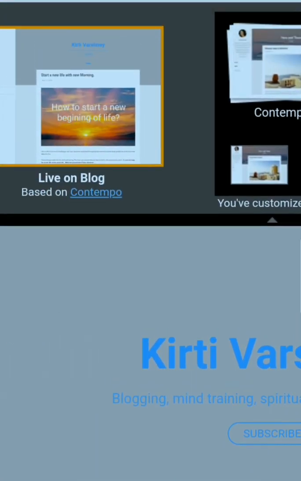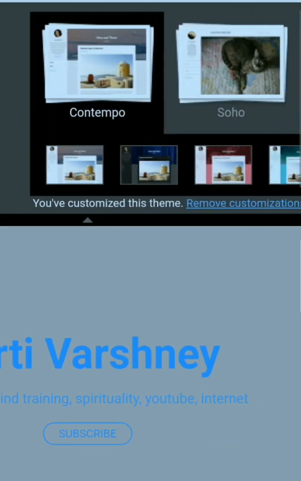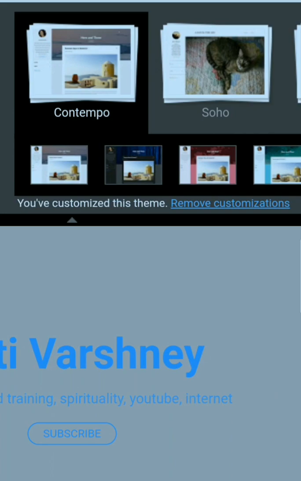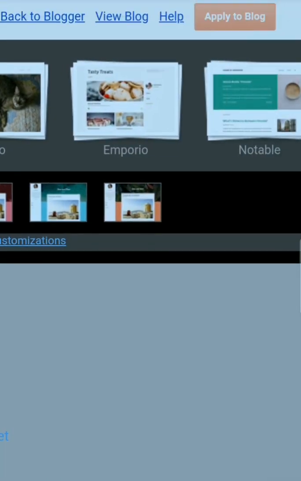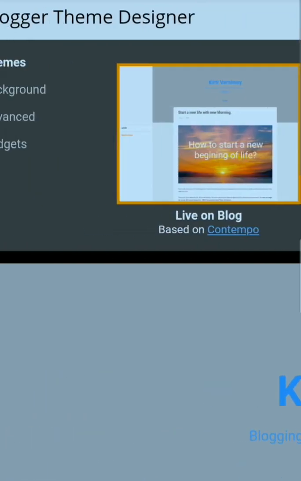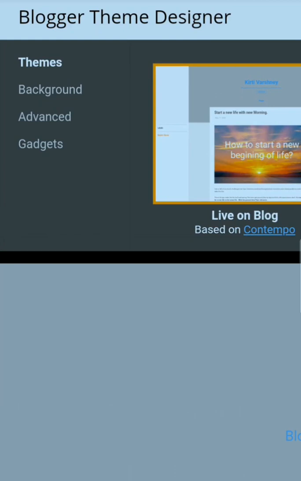So I am not doing it again because I already customized my theme. I'm just showing you how you can do this. Whatever theme you want, I'm just suggesting you choose the first one and then click on apply to blog. So your first option will be completed, your theme will be applied on your blog,